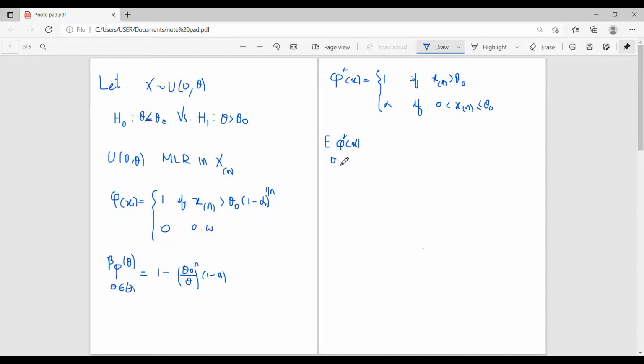It is equal to 1 into the probability that Xn is greater than theta naught, under the condition that theta belongs to theta naught, so we write it under H naught,